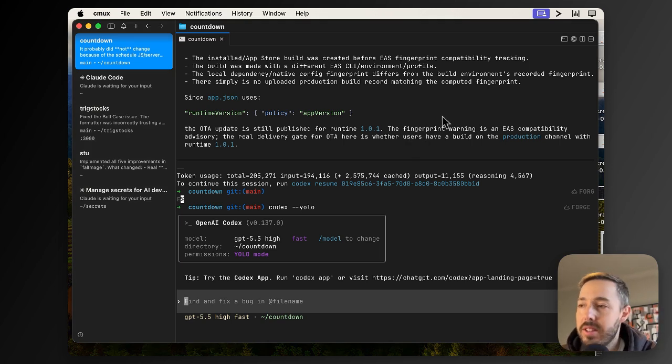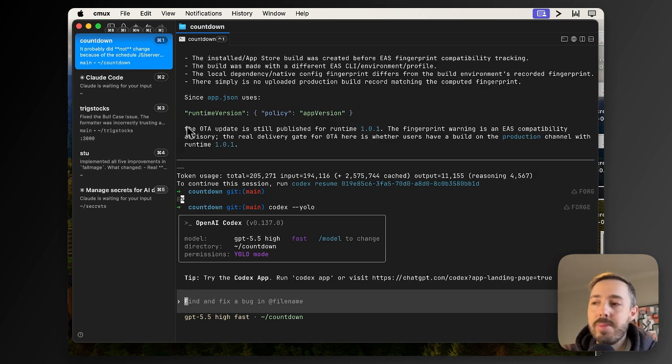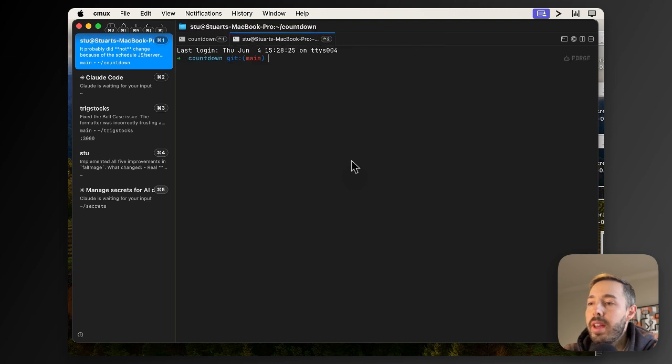So CMux is a way to kind of efficiently stack those terminals. So we can see on the left pane here, we've essentially got 5 different terminals running, anything from Codex to Claude Code to anything else we might want to have. And you can essentially hotkey, so you never have to touch your mouse, and you can essentially be a power user of all your agents. Just like some of the other platforms we've seen, you can even open up multiple terminals inside of